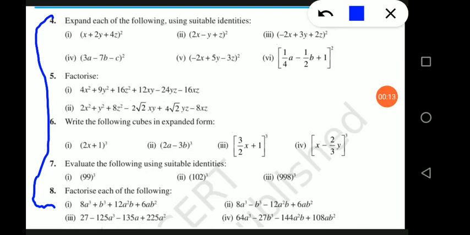Today we are going to learn the algebraic identities again to solve questions like 7, 6, 4, in which we have to directly use the identities. But we will not solve the questions from the NCERT book. We will take some extra questions for practice. Understood, students? So let's start with the questions.